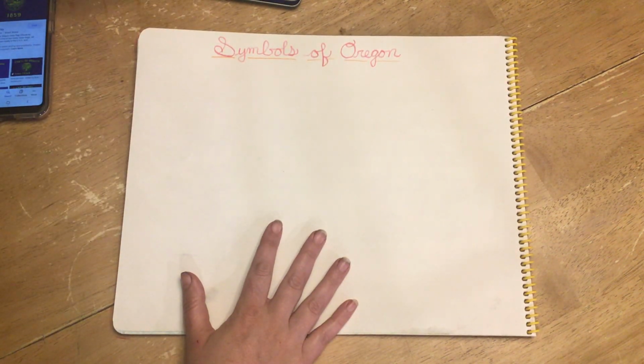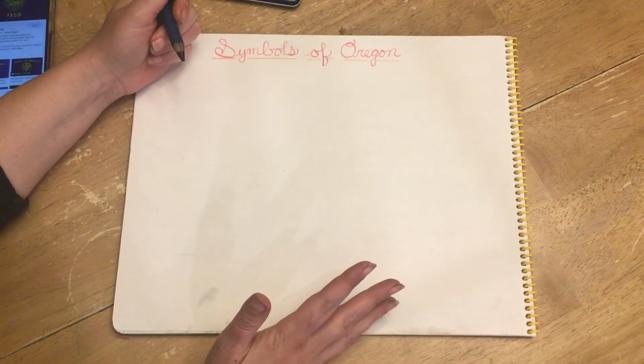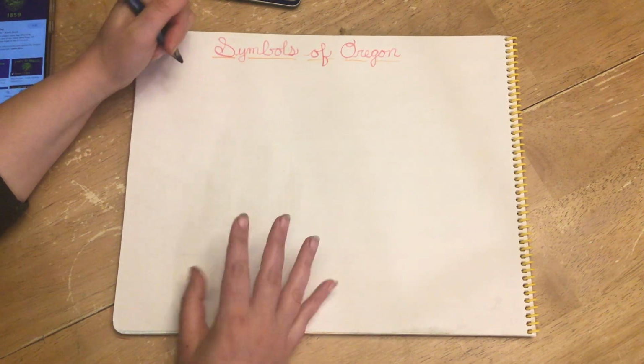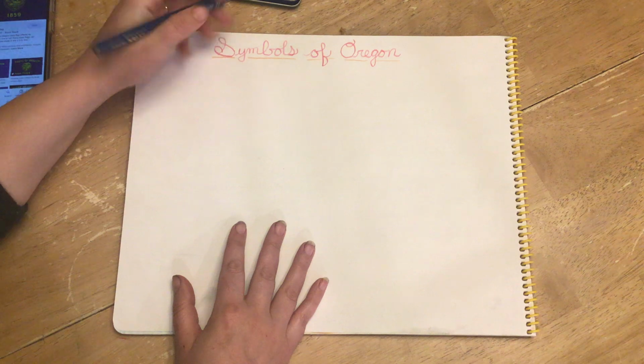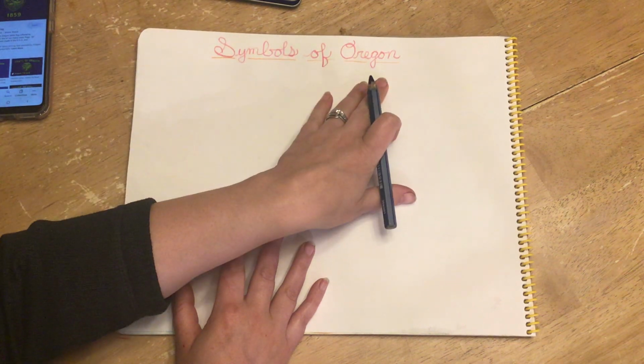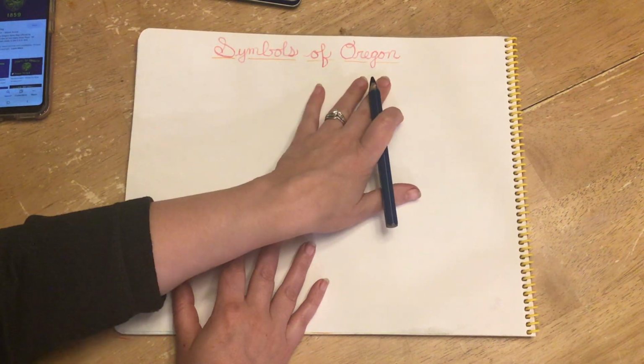So, of course, I think the most important symbol of Oregon is our flag. So we're going to start with the Oregon State flag. Now, I've already made my title appear, so make sure you have written Symbols of Oregon at the top of